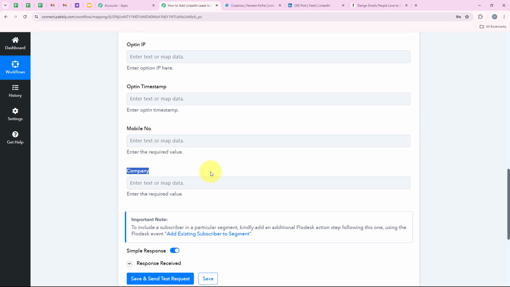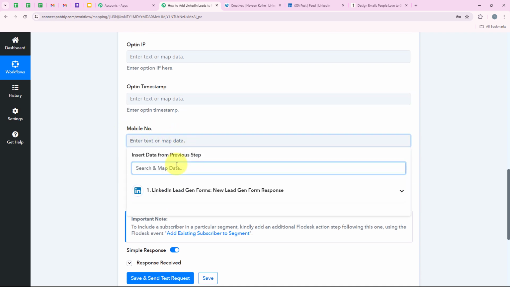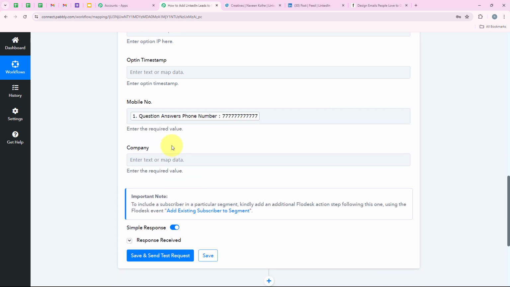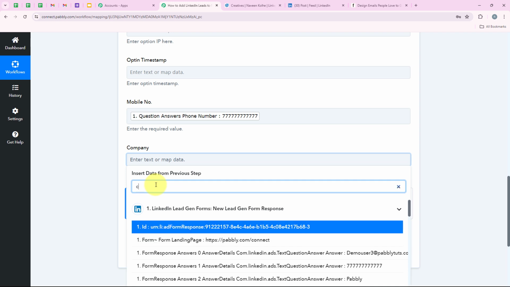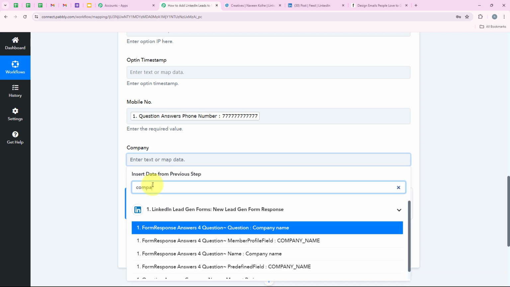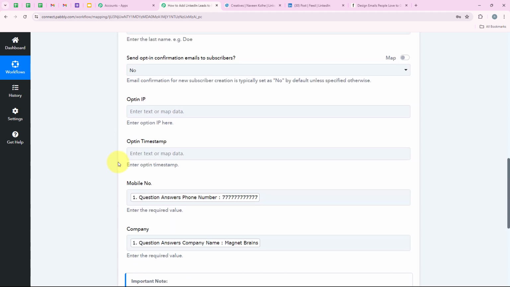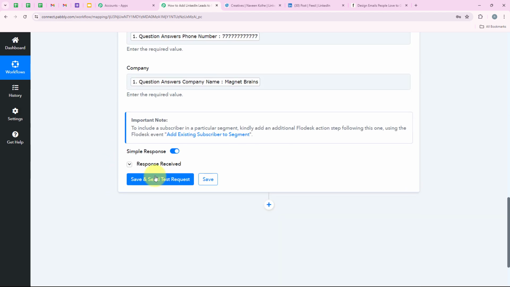And now it is asking me for the mobile number and company, so I'm going to map these. I'm going to search for it, and as you can see, the same, so we are going to map it. We are going to do the same for the company also. I'm going to search for company, and as you can see, Magnet Brains, so I'm going to map it right over here. So now after mapping all of these details, we are going to click on save and send